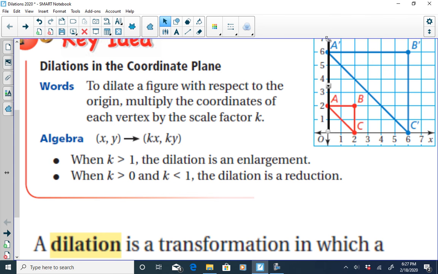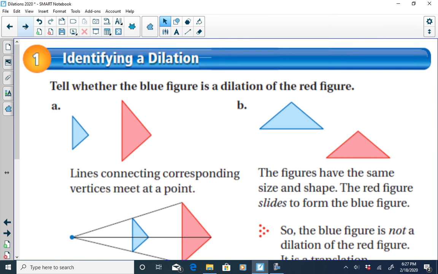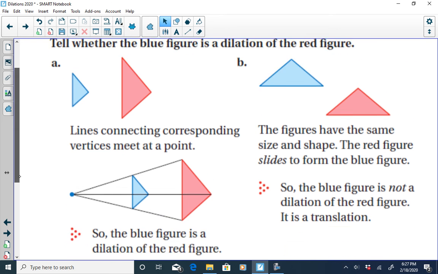So we know that the dilation is using the origin as the center of dilation when you have a segment that passes through both the corresponding vertices of both the image and the new figure. All right. If you take a look here at this example, in example A we have a dilation because the figures are similar, meaning same shape, but they are not the same size. Whereas in example B, notice that the size has not changed. And if the size doesn't change, it's not a dilation, right? And that looks like that would be a translation because the figure slides. It's not turned, it's not flipped. So that'd be an example of a